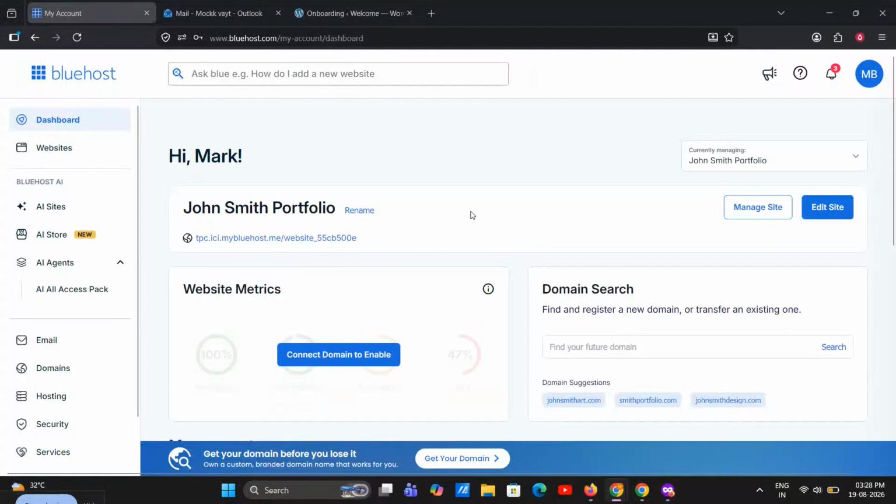In this video, I'm going to show you how to upload files to your Bluehost account step by step, so you can add website files quickly and manage them directly from your hosting dashboard. This is a super useful process if you want to upload images, HTML files, backups, or other website assets without